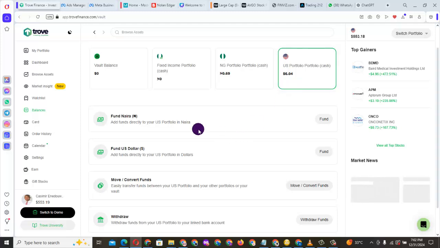Having funded your account, what is the next thing? Is for you to start trading or investing. And there are two major things that you do when you want to start investing. You have to choose the stocks that you will invest in. And like I said, even in my subsequent training and mentorship, I always advise anybody that wants to be an investor, a stock trader or financial market trader, don't allow your emotions to guide your investment. Use facts. You need to use facts. You need to be technical